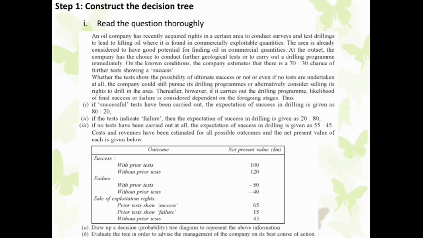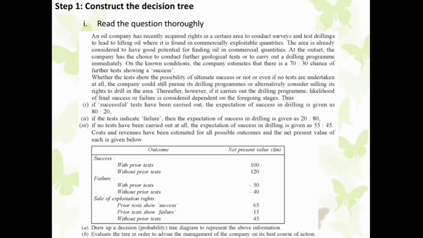Now I'll try to ask some questions and we will try to solve the problem by finding out the answers to those questions. Okay, so the first question is, initially, or at the outset, how many options does the company have? So we should try to find out the answer to this question. This is what you should be looking at in each problem. How many decisions or options does a company have at the beginning, initial stage?